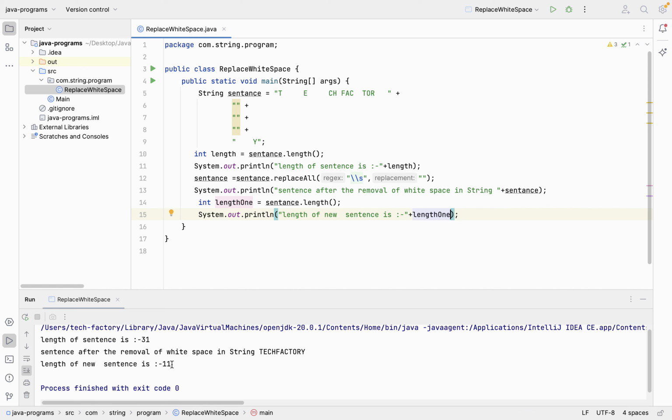So we are done. Now the total length is 11. If you can see here in our console, you will find that the actual length of our sentence is 11. It is not minus, it is just a space given. So it is 11. I hope you guys understood it, and in case you are having any problem, you can